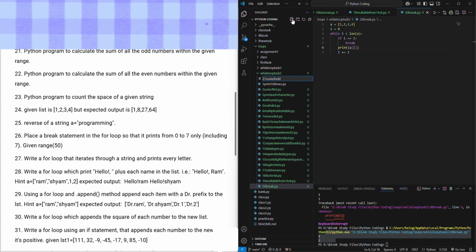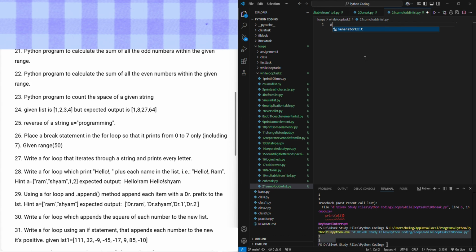sum_of_odd_in_list.py. Let's say we want to collect the elements of the list from the user. For that, we have to create a variable user_list, which is empty,